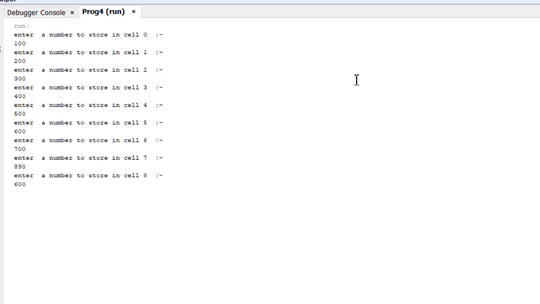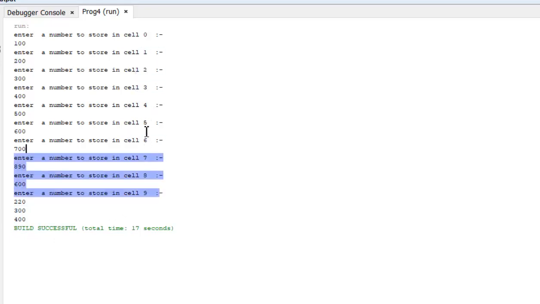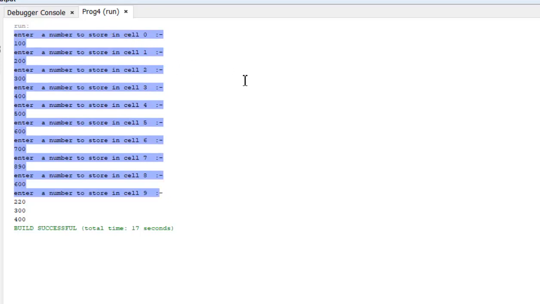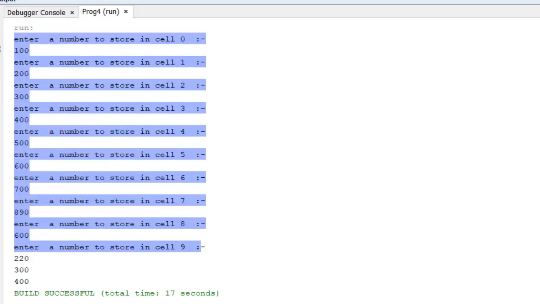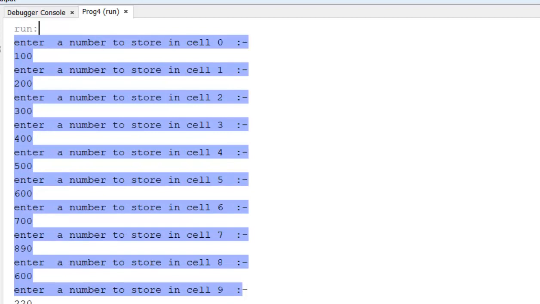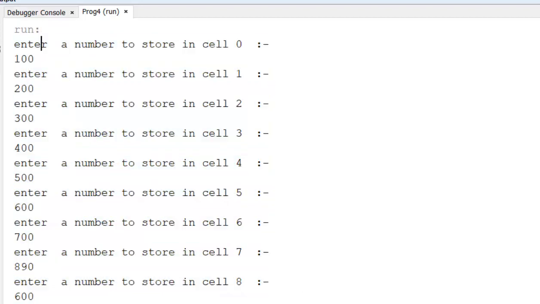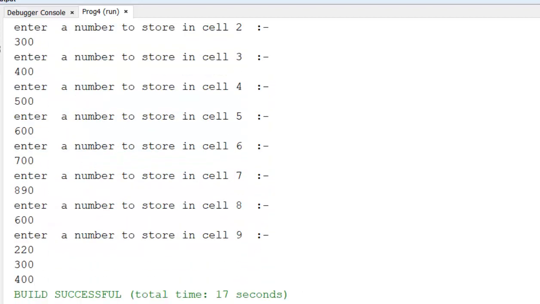I have given some values. Now it is in the 9th cell and it printed the third and fourth cell values. So this is 1, 2, 3, 4, 5, 6, 7, 8, 9. So this is the way to get the result of a specific cell.